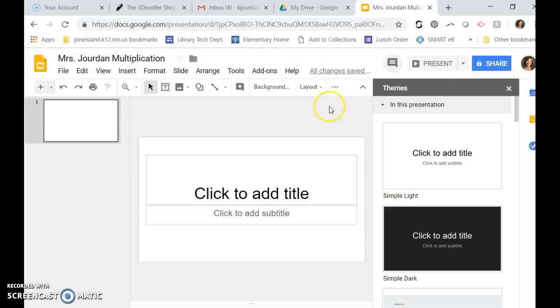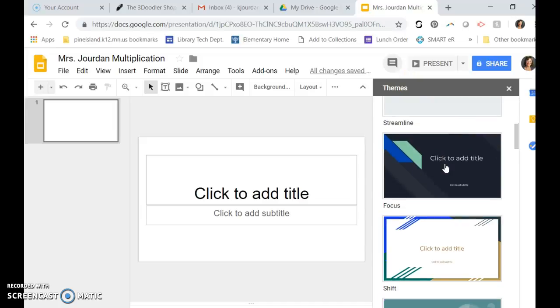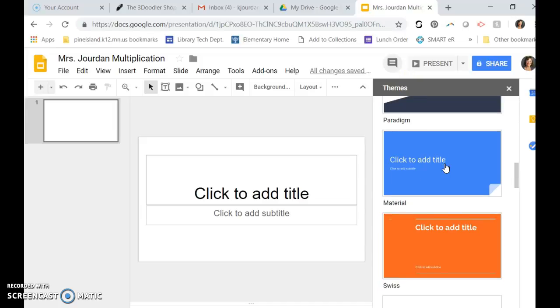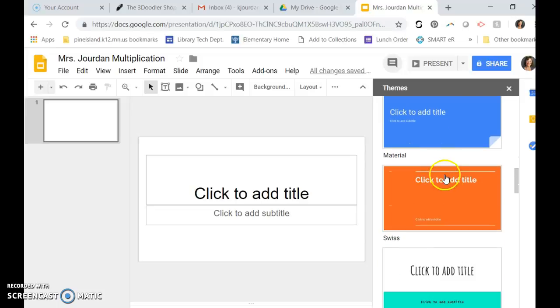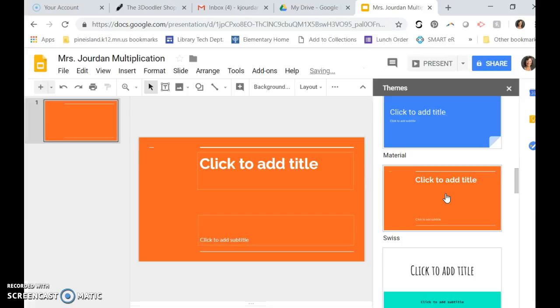To start off, because this is a new presentation, it has automatically popped up this themes box to help you pick the look of your slides. You want to make sure that you keep in mind that you don't want to have anything too distracting from your presentation up on the screen. I'm going to choose this orange one. I happen to know because I've used it before that it's orange on the title slide, but then it is white on the other